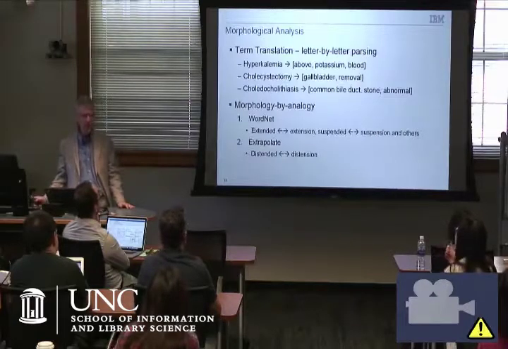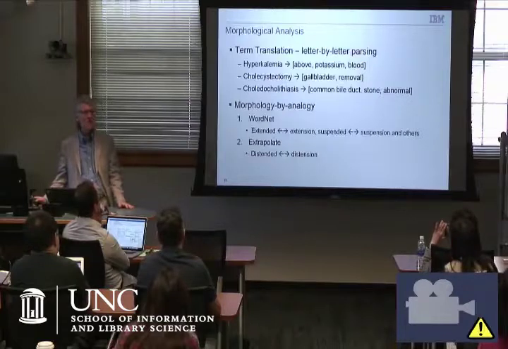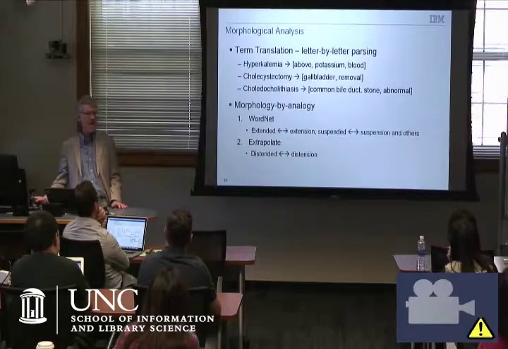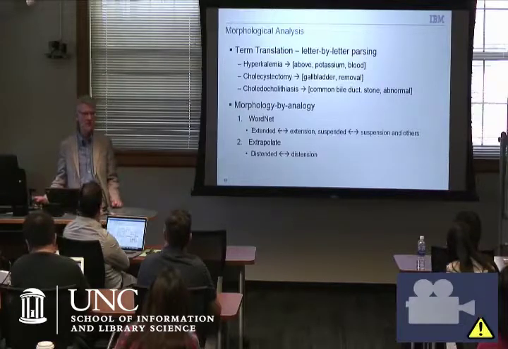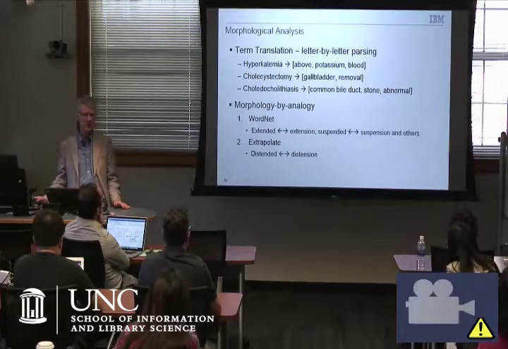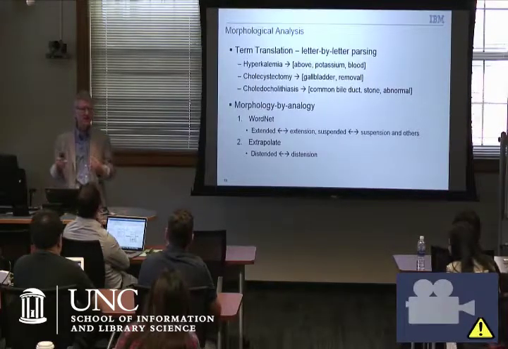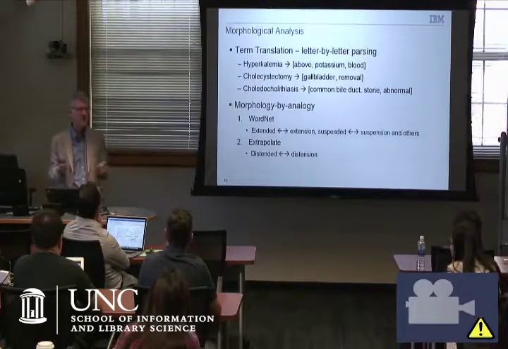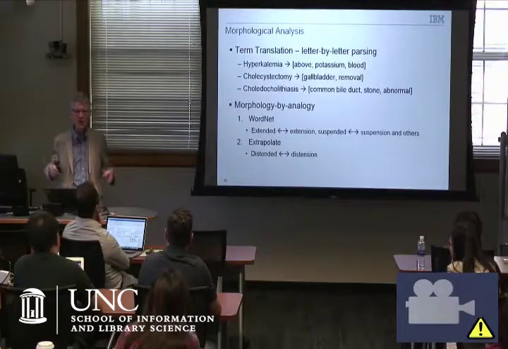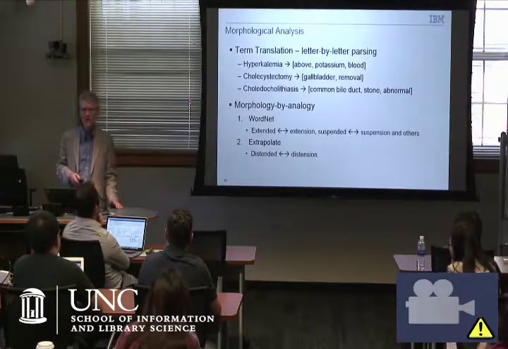components. I mentioned WordNet, very, very good. It's more complete in certain aspects than UMLS is, but there are some deficiencies. And of course, your example that you're dealing with has to run into that deficiency. So here's one. WordNet has relations between different parts of speech that come from the same root word. So extended is related to extension. Suspended is related to suspension. And there are others. By using a kind of reasoning by analogy, we can propose that distended is related to distension, even though there's no such link, just by knowing that we tend to form words in much the same way.